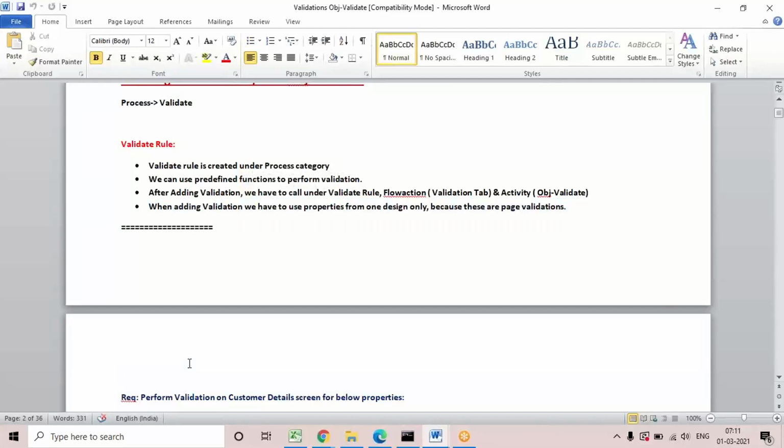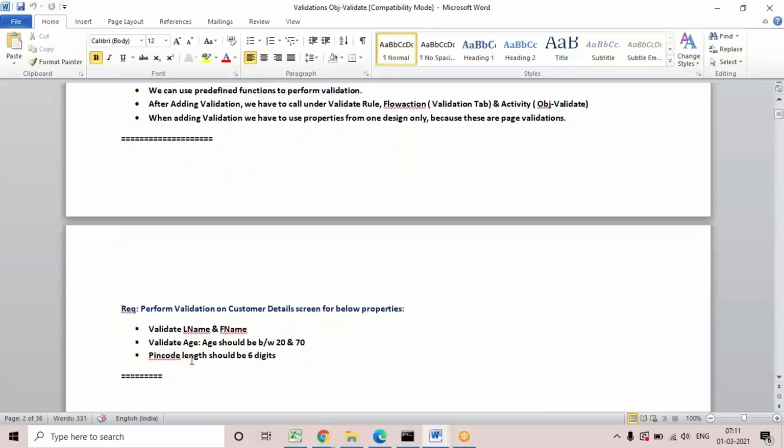Let's see. I'll take a common requirement. For example, last time I already validated first and last name. This time again I'm going to do that, but I'll show how to do it using this rule. This time I'll define the message for the first name property. In constraint, the message was given for the last name, but here I'm going to define the error message for the first name property.